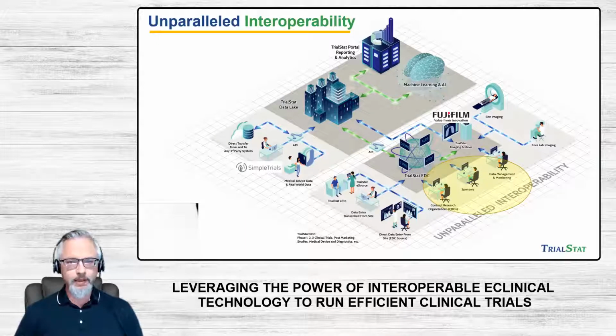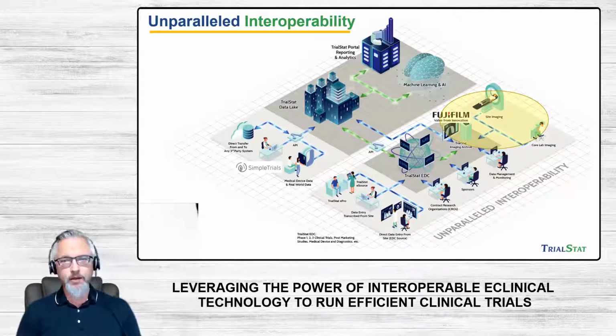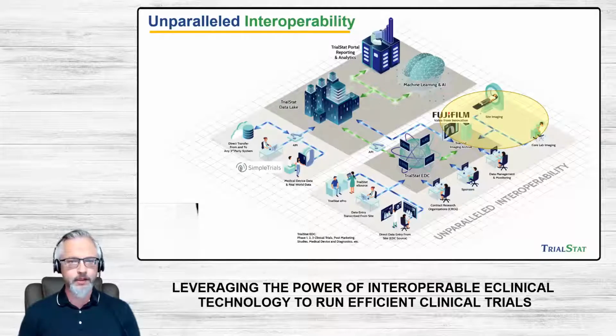For imaging-based studies, we use Fujifilm's VNA and customizable workflow to capture imaging from sites or core labs, route them over our high-speed network, de-identify them, and then make them available for adjudication within EDC using our browser-based validated DICOM viewer. Using our API, we can connect into any other third-party technology, such as EMR and EHR systems to capture